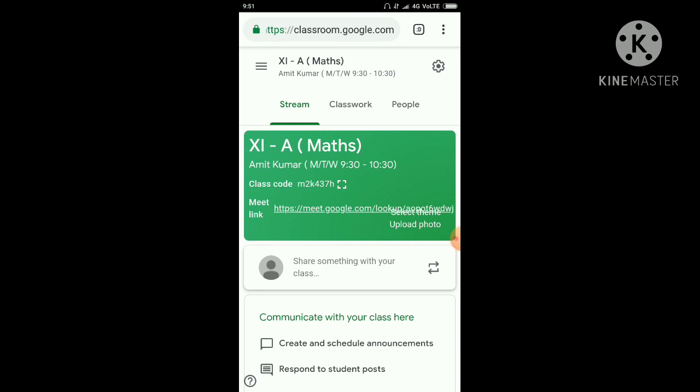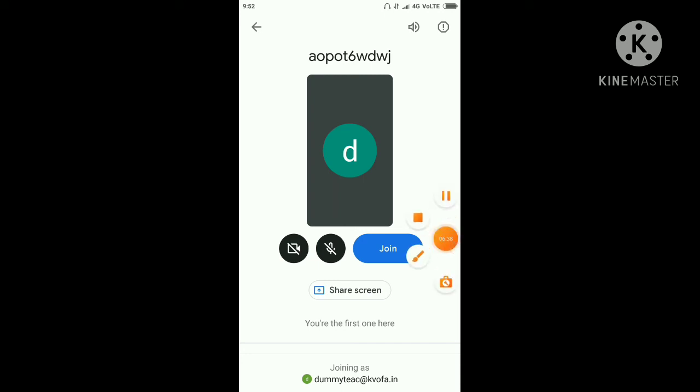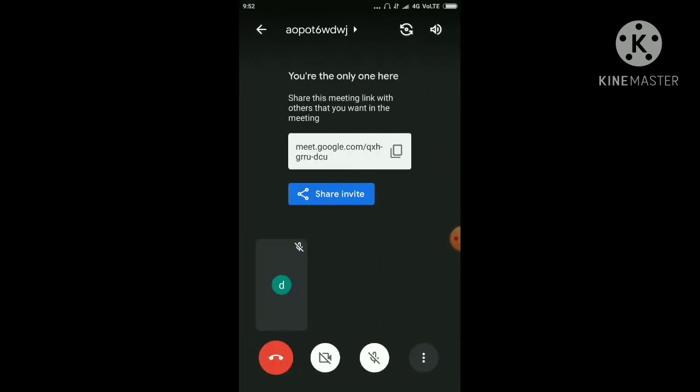It will go to Google Meet. See that in the bottom you can see your ID has come, dummy teach@kvofa.in. Now you have to click join for joining your classes. Now your class has been started. In the same way the students will join you. Thank you.